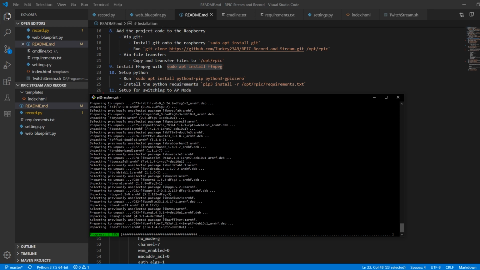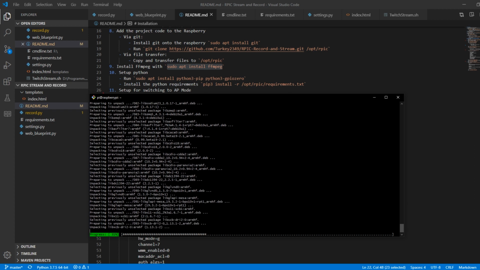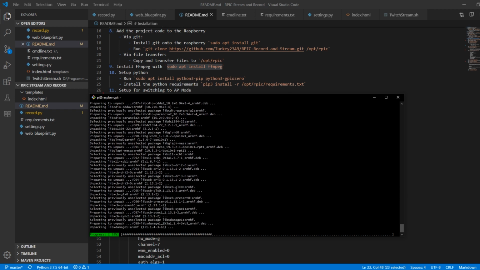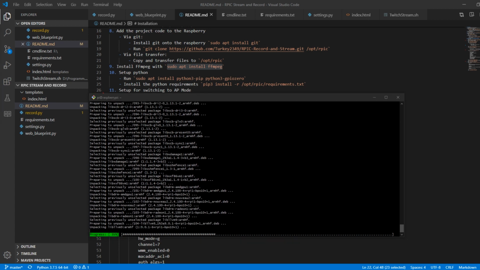As far as I know, people I've talked to that are good with Linux have just never done this before. This just isn't really a thing that people do, switching between AP and Wi-Fi mode. I know people have set up just AP mode, but they haven't done the whole switching back and forth. So that's where I'm stuck right now.